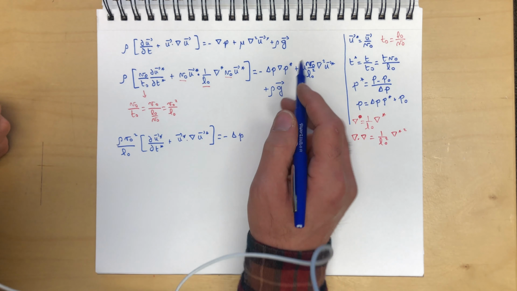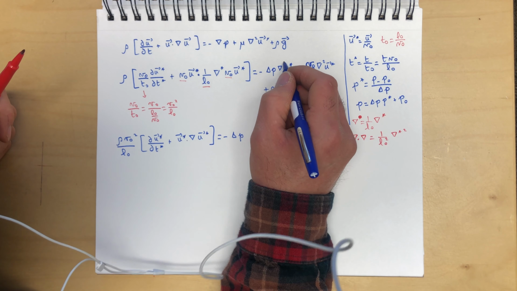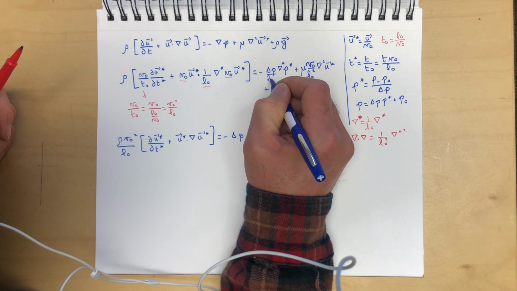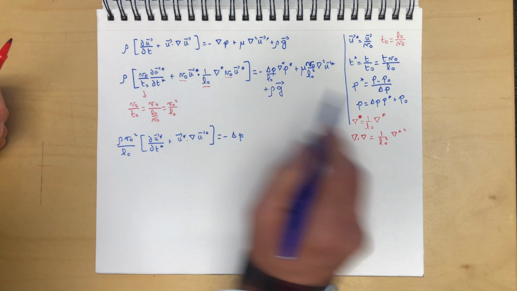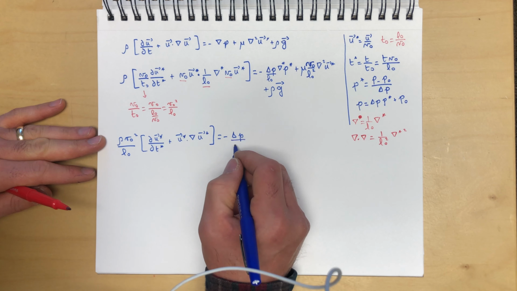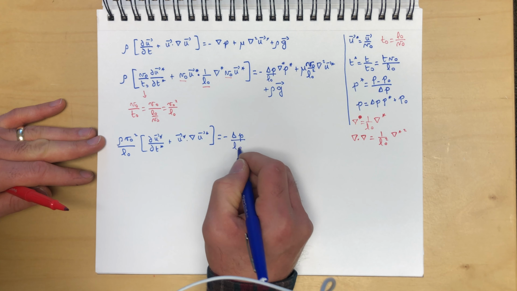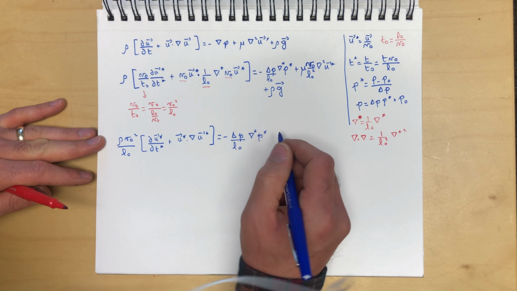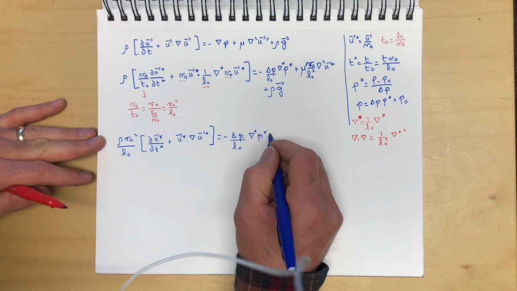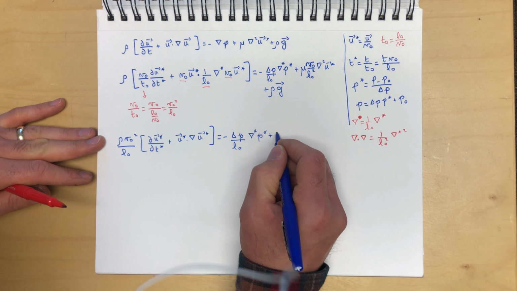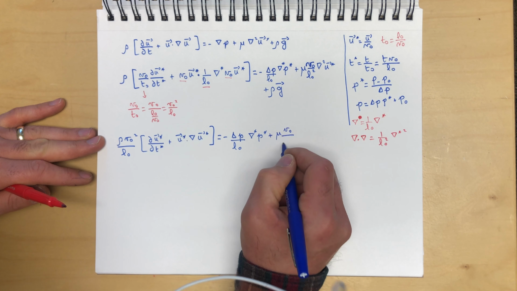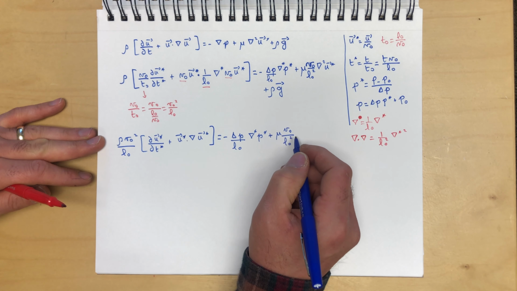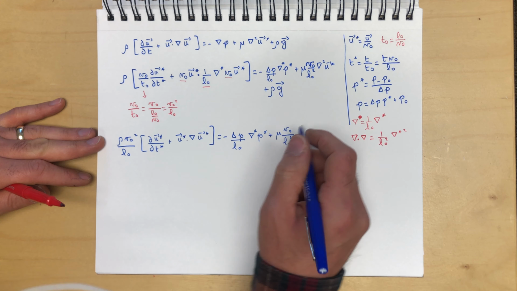Oh, we forgot to put the star here, so we have a star over L0, because grad is 1 over L0 grad star. So this gives us minus delta p over L0 grad star p star plus mu V0 over L0 squared, plus